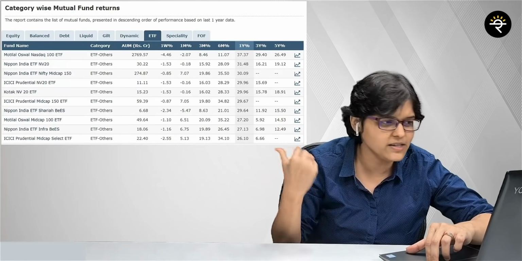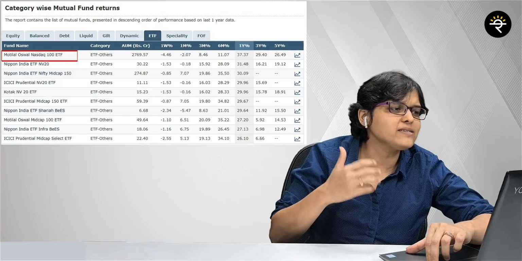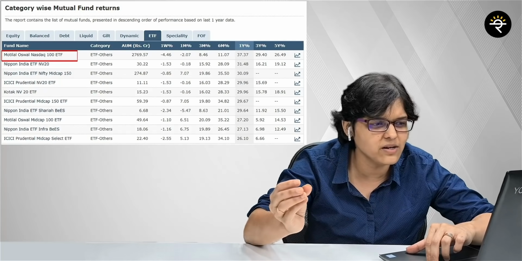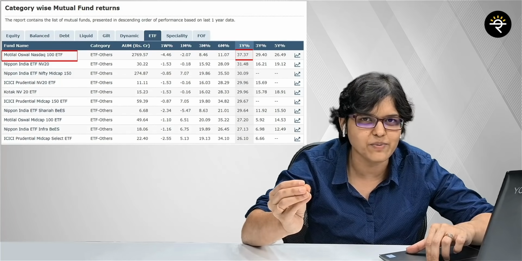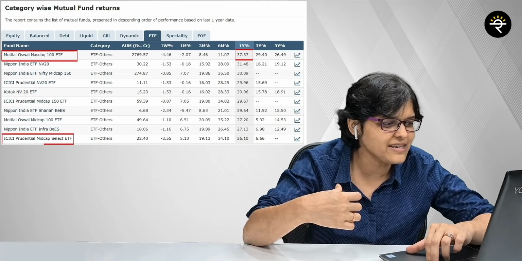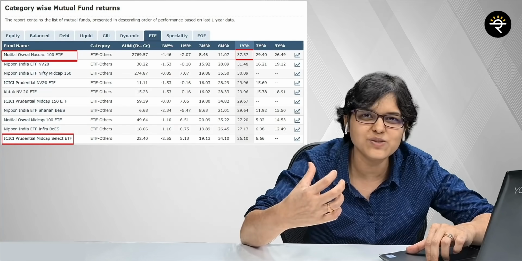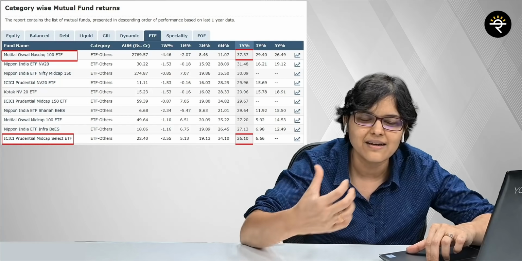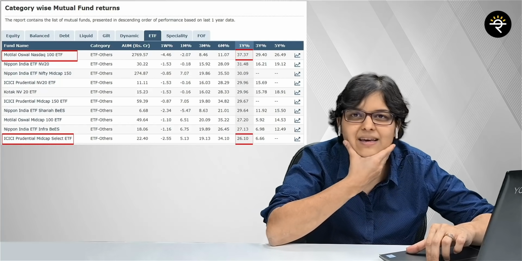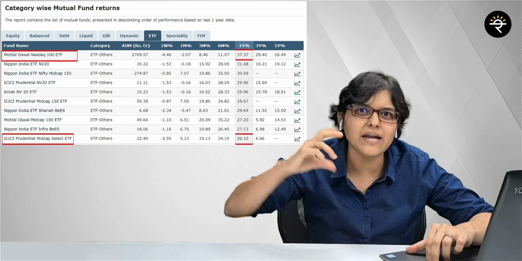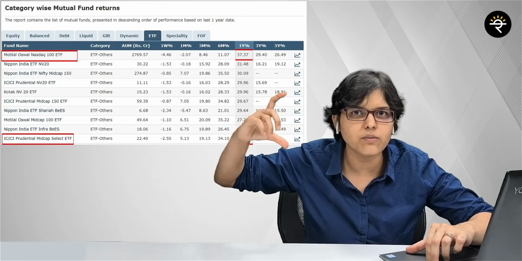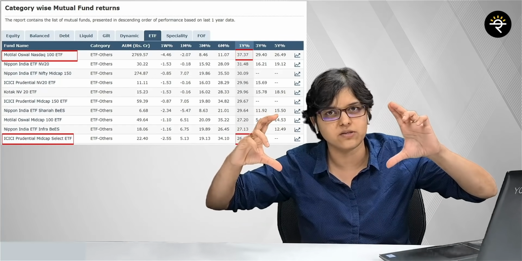Now let's compare the top 10 ETFs. Again, in descending order, you can see the returns on the screen. Motilal Oswal Nasdaq 100 ETF has given the best returns, 37.37%. And the last one being ICICI Pru Midcap Select ETF, which is 26.10%. What does this mean? It means that if I'm talking about top 10 returns for mutual funds versus top 10 ETF returns, mutual funds